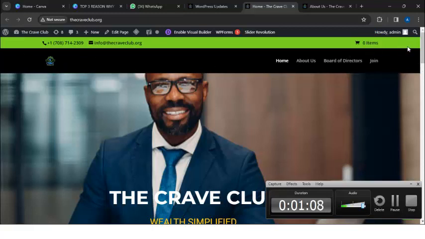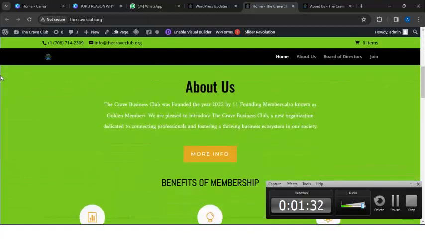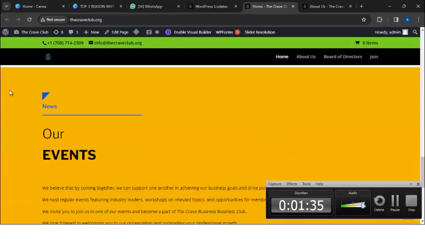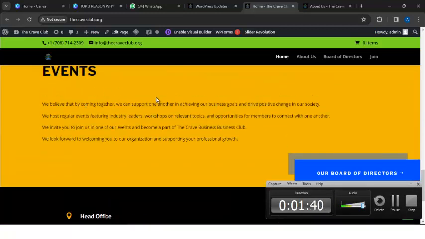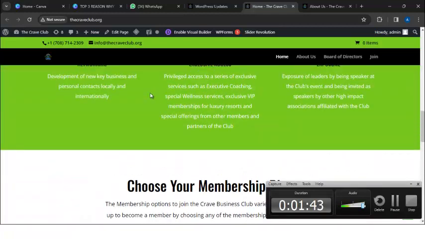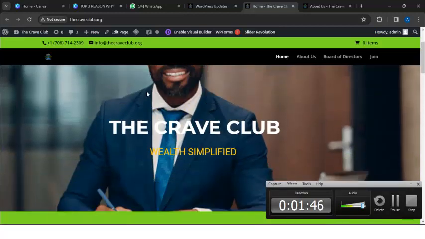menu. So on a website, whenever you see this part that has to do with the logo, where we have the pages, which includes the home, about us, board of directors, and join, it has to do with the primary menu. Okay, now we have this other part, from here downwards, scrolling down, and up to this point is what we call the body of the website,